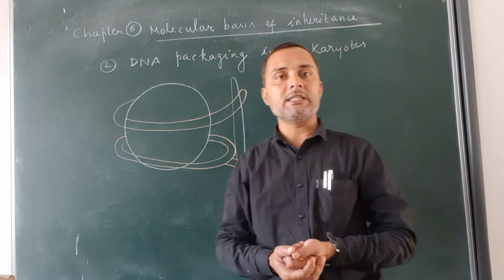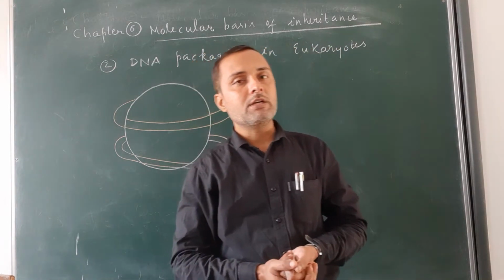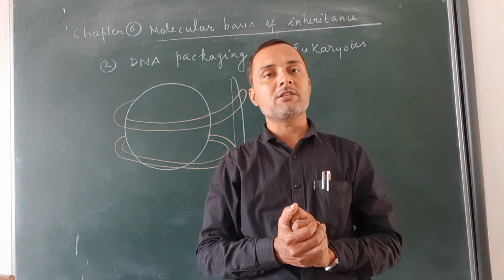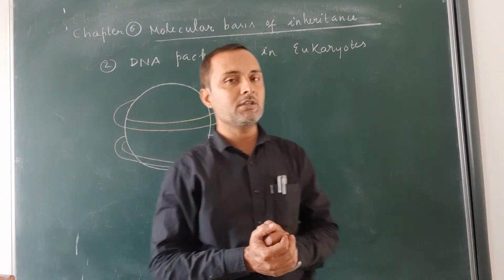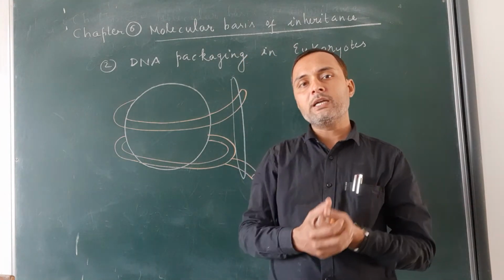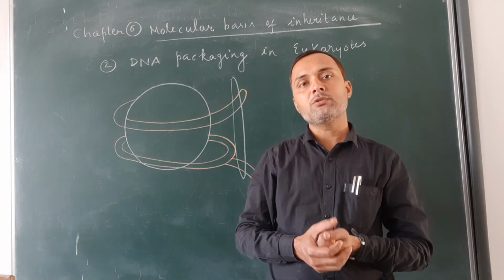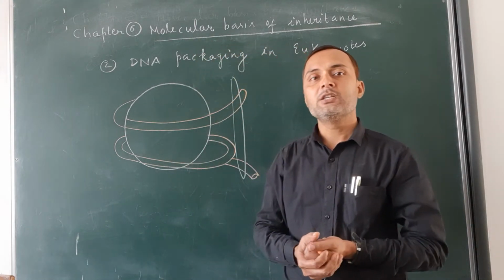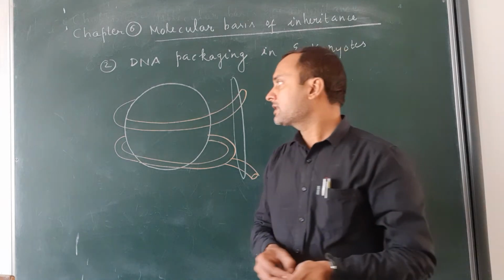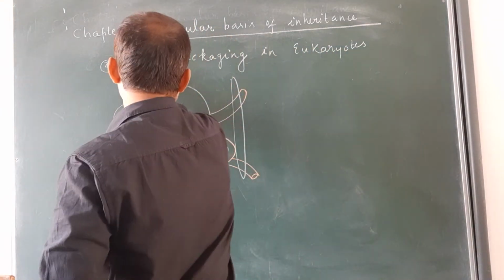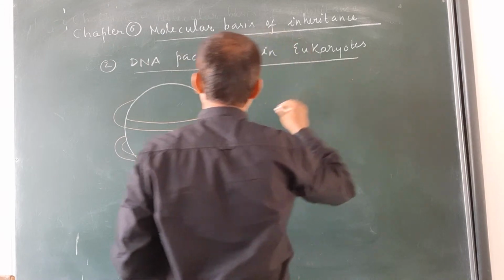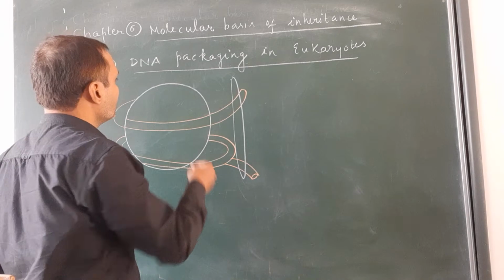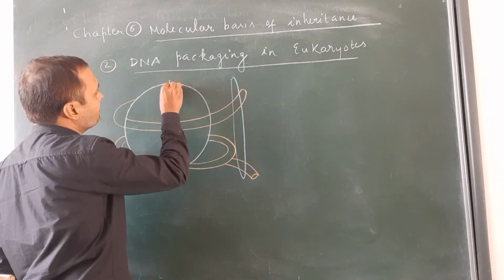It is necessary because the space inside the nucleus is very small compared to the size of DNA. So it is important to coil the DNA around protein, so it can easily be accommodated inside the little space present inside the nucleus of the cell. In eukaryotes, DNA packaging takes place by coiling of the DNA molecule around a special protein known as histone protein.